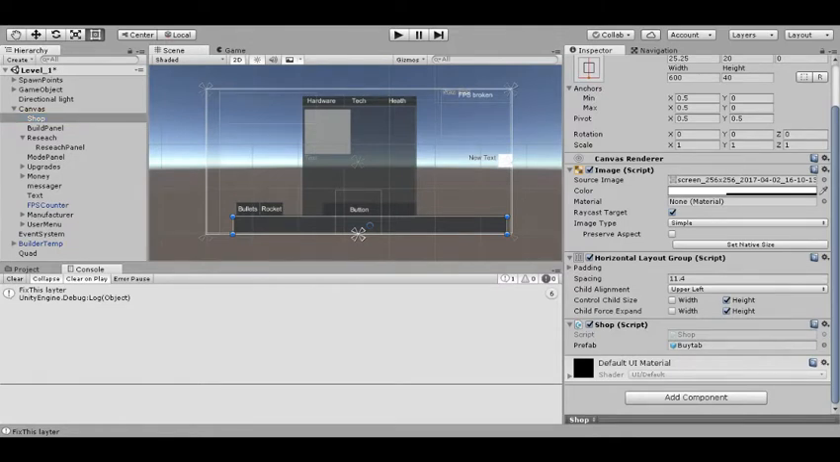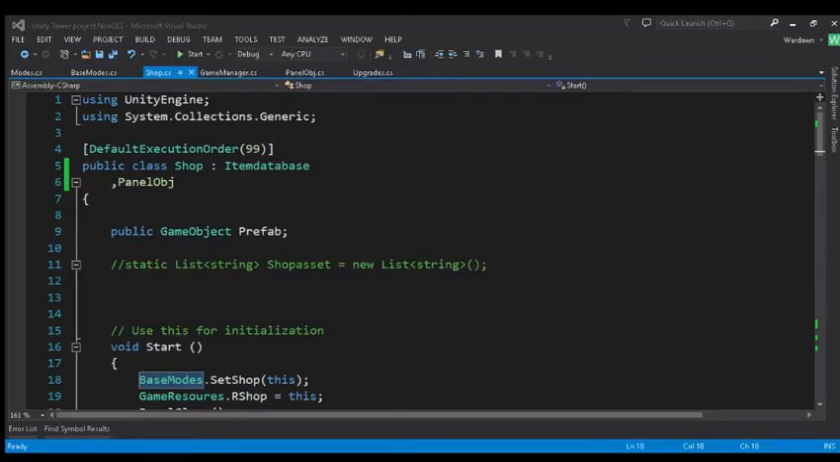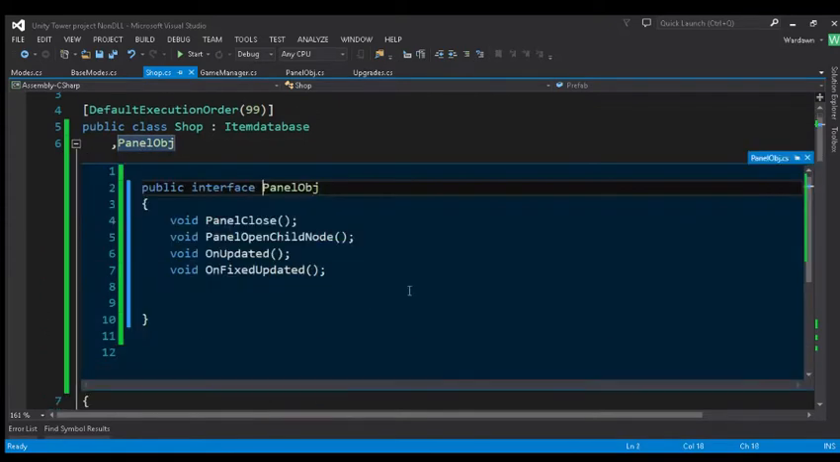Okay, and this is going to simplify everything. I'm talking, this is going to simplify your life big time. So shop now has an interface for panel object, which is now an interface instead of an inherited class. Okay, so all you do is take your panel object, you change it from a class here